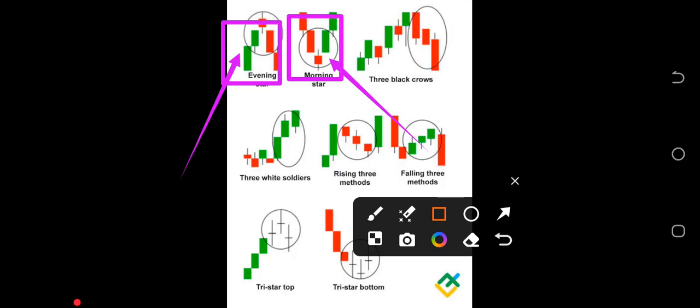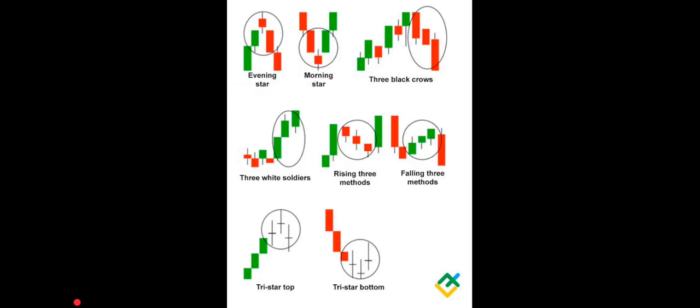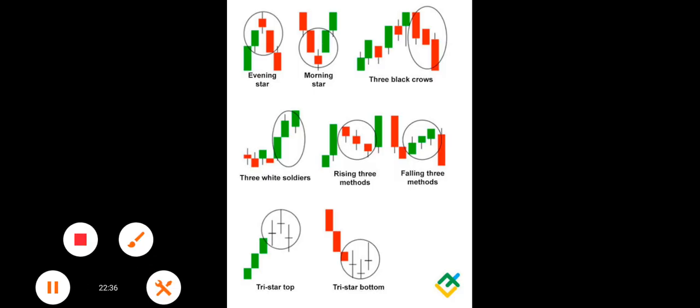So if you see an evening star in an uptrend, it indicates reversal. A morning star in a downtrend also indicates reversal. We are going to look at those charts. We are going to see them on a live chart, please. Then if you see this particular chart again,